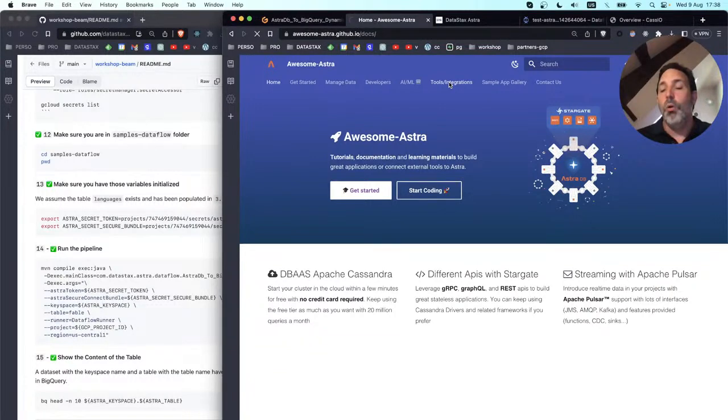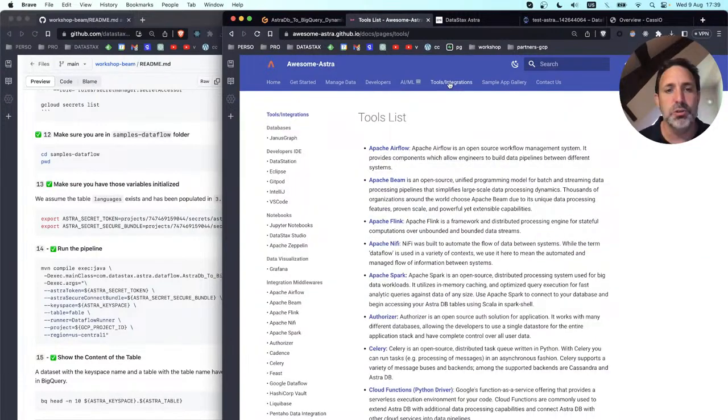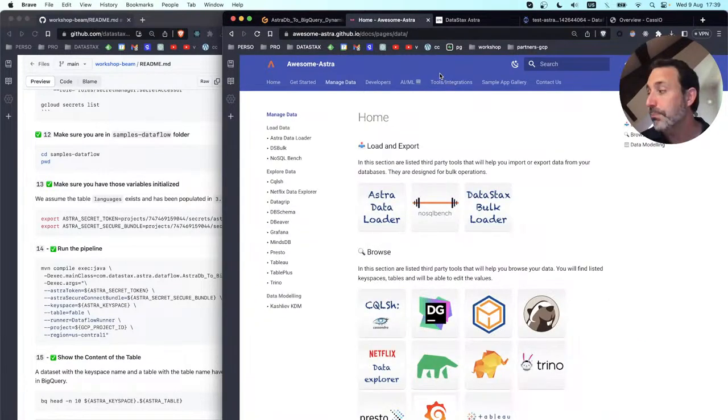All the tools like DataGrip, like Studio, and if you go to manage data and all the processing frameworks, everything is written for you to connect. If you want to use Grafana, Presto, MindsDB, DBeaver, here are really step-by-step instructions on how to do so. So that's really client-side